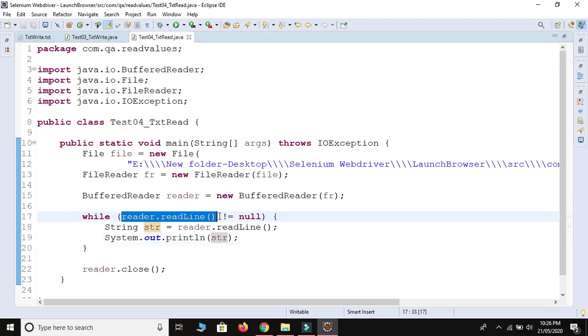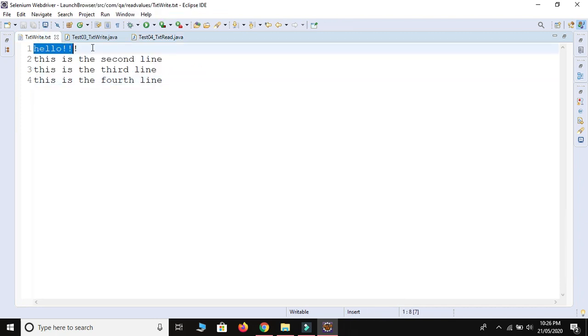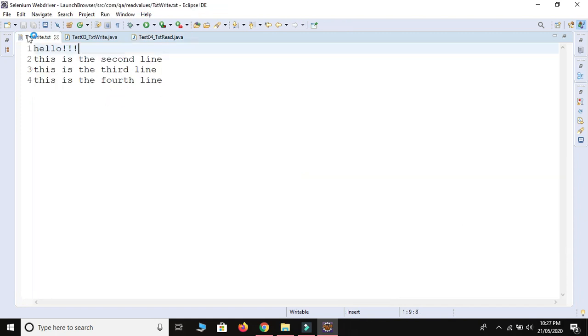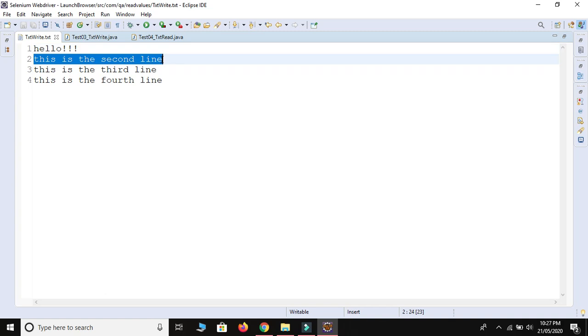If there is a line present in this file, this reader.readLine() will take the first value and it contains some value. This first line is not null, so it will come inside this loop and print the first line. Again it will go to the second line, because the second line is also not null, so it will print the second line.